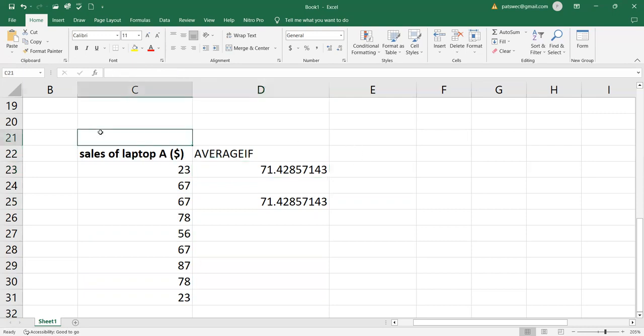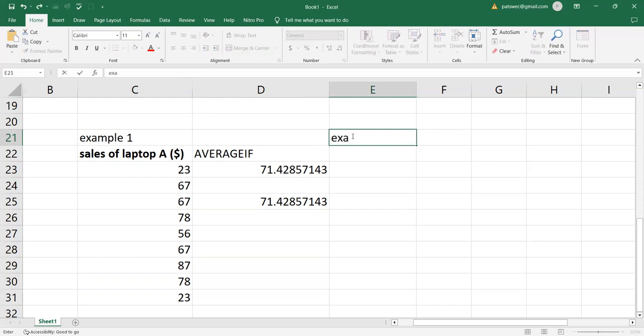So I can give another example. This was example one. I can put here another example two. And on this example two, I'm going to say max